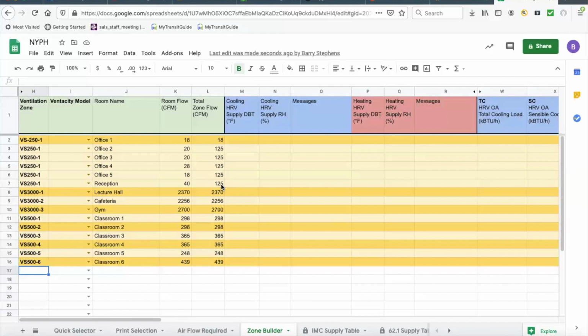That's one zone. And there you go. So this is a really easy tool to help you go through this and, like I say, lay out these more complex buildings. We use this pretty regularly to get us a guideline on how to approach this. All right. So that can be really helpful.